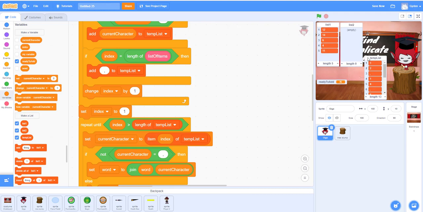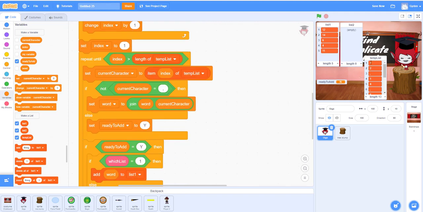You use the temporary list to go through whatever the user typed in. It'll first put it onto this temporary list, then it will run another loop through here at the bottom, picking up each item here, separated by the comma. If it's not a comma, it'll add it together. So it'll pick it up. First one, it'll pick up the 1, then it'll pick up the 2, then it sees a comma, it creates the word, and it says ready to add, then it'll add 12 onto it. Then it'll go to the next one, 1, and then pick up 1, and then pick up 4, and then add the word 4 here together, and then we'll put 14, and then it goes to a comma, go to the 6, and then 6 has nothing to be